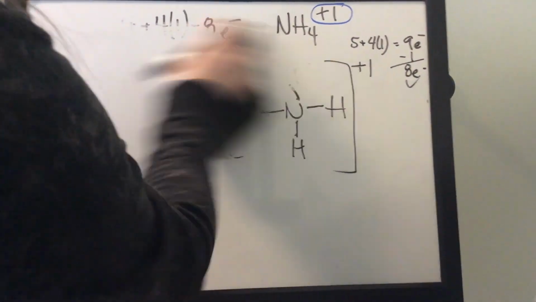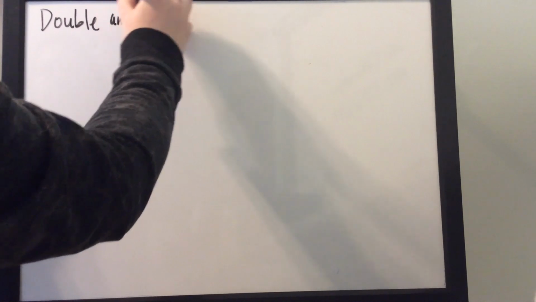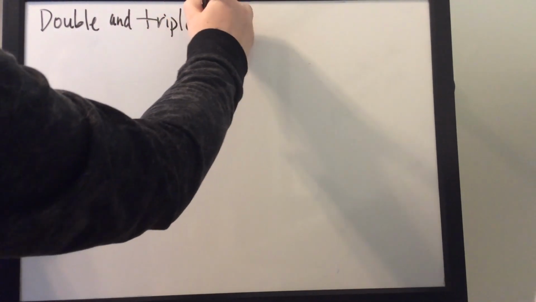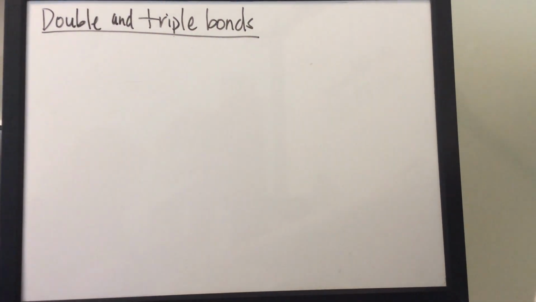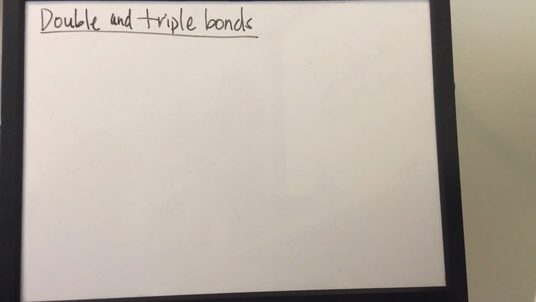Okay. So, one more topic, which is the topic at the bottom that says double and triple bonds. And the bullet point says sometimes atoms bond by sharing more than one pair of electrons. So, what would that look like? Well,